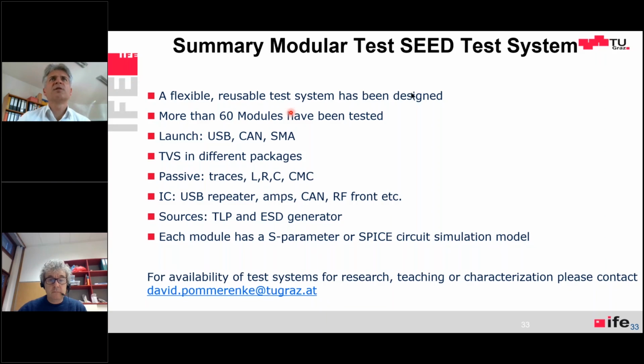David, there was one question left: if we can provide the LTSpice simulation model for the ESD gun. I think the slides will be provided anyway. In one of my slides there was also the LTSpice simulation model, and the values of the capacitors and resistors are on the slides. So if you just use the slide and copy it one by one,